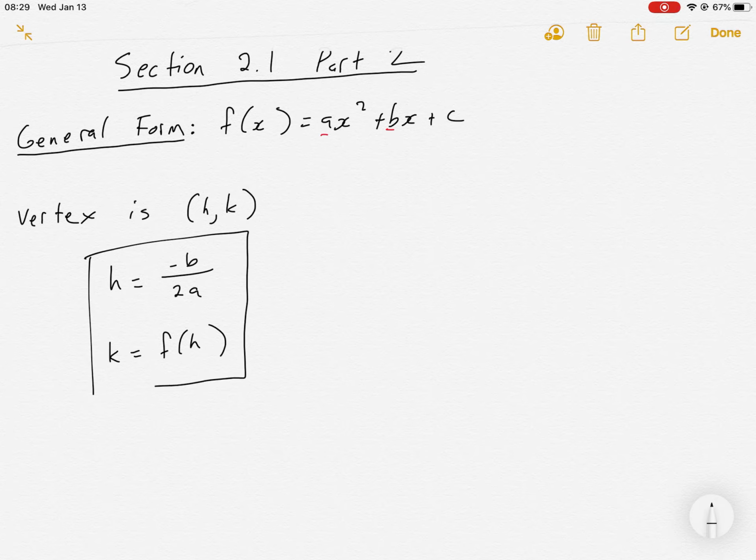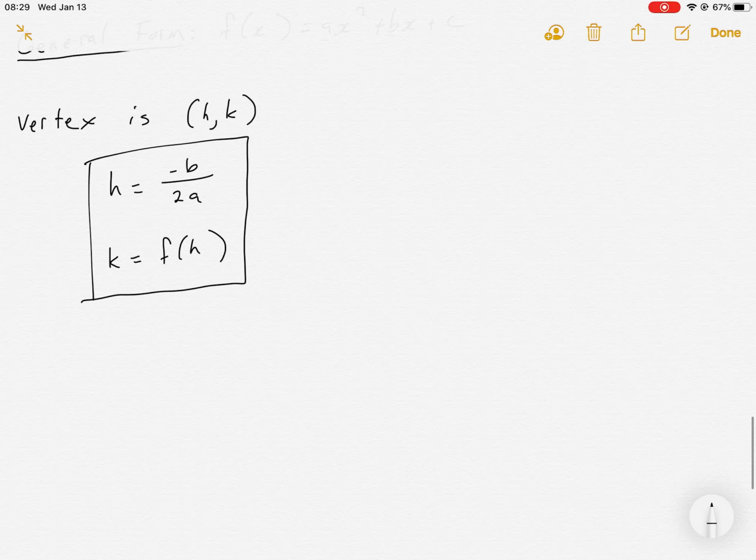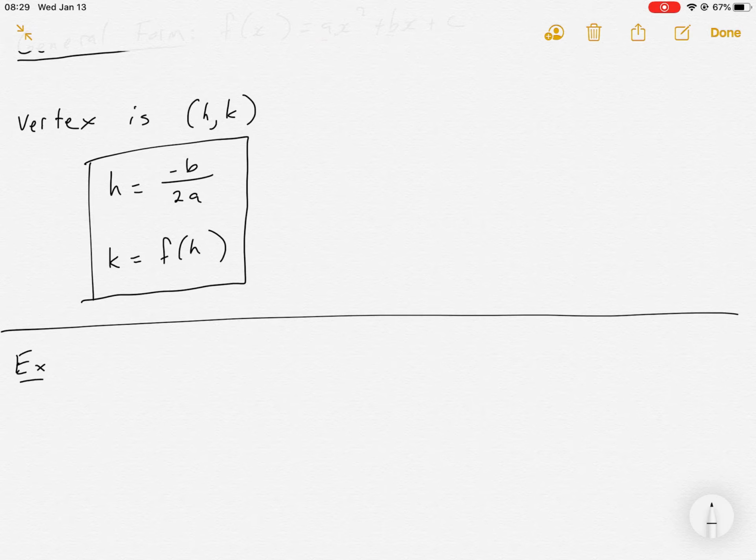So here are the formulas. This comes from completing the square. If you go back to the previous video, you might see this pattern, negative b over 2a, but this is the formula for completing the square. So let's do one more example. This one's going to be a little bit more involved. So let's go ahead and graph